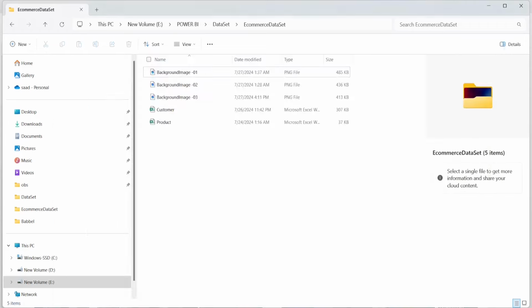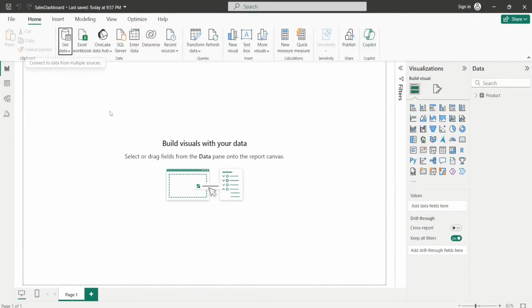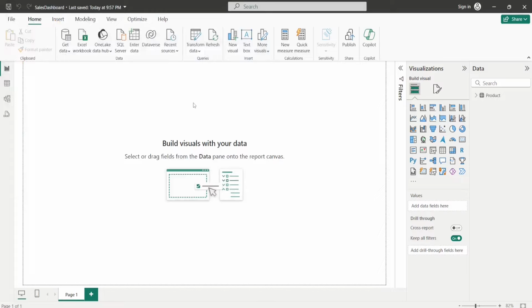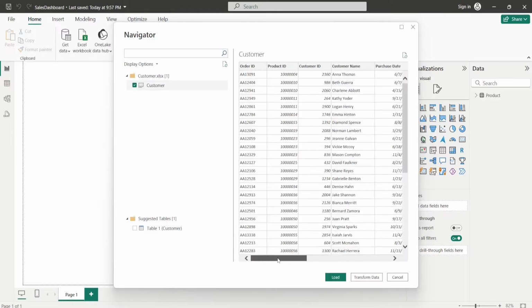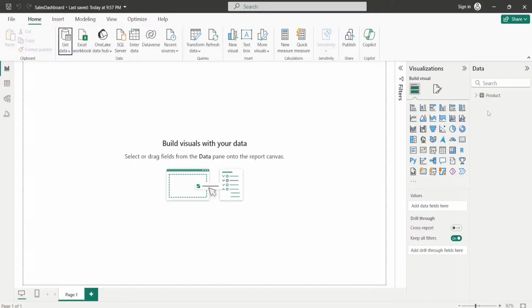Look, now next I'm going to load the customer. Okay, so in order to load the customer, go to get data, Excel workbook, customer, go, select the customer and load this dataset as it is. Okay, this has been loaded successfully. Now what I want to do next, I want to combine these two datasets on the basis